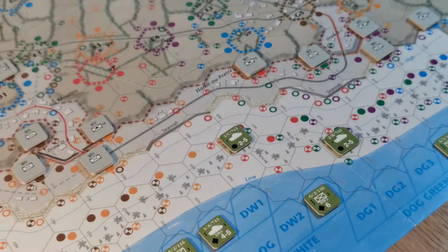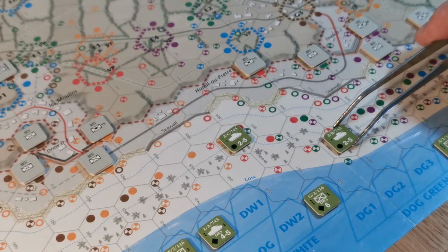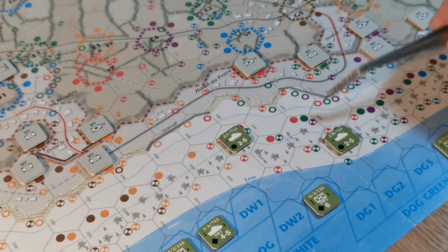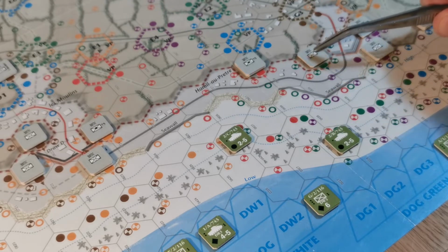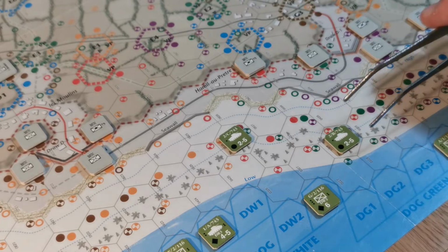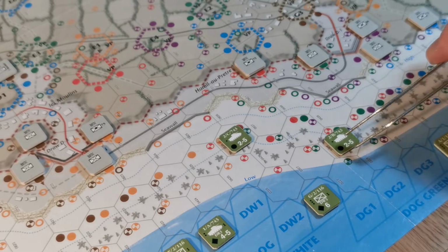Okay. One little thing, not that it's a mistake, but I talked about this unit. I feel like it might have been a blunder, and I may have been better having a barrage attempt at green, because being just a single nest without depth, it is a symbol I need, so I would need to draw a circle. I believe that's what it is, isn't it? Because we're only 2 strength. So the chances are slim, but my reasoning for not doing it in the end was to move this unit in here so that